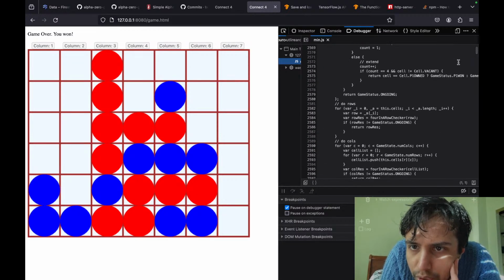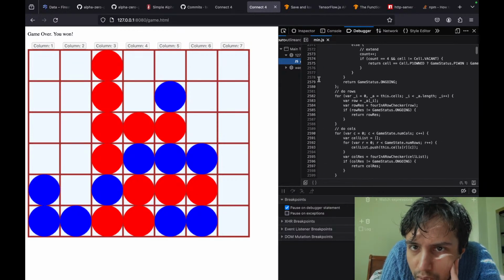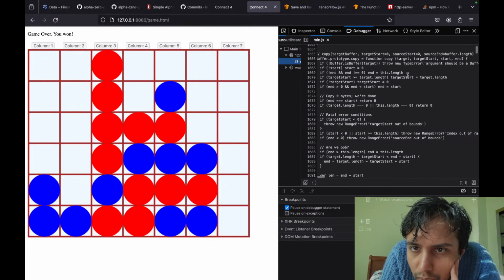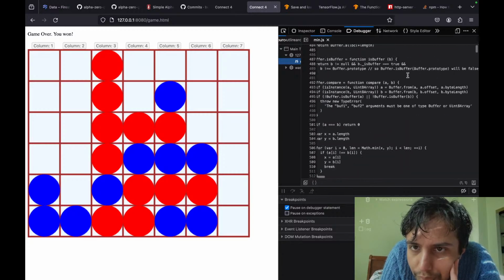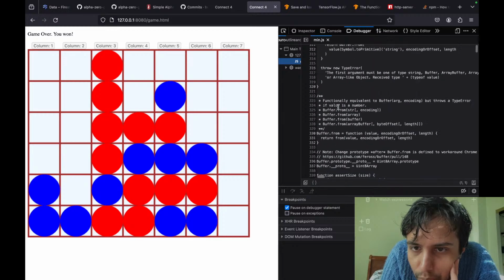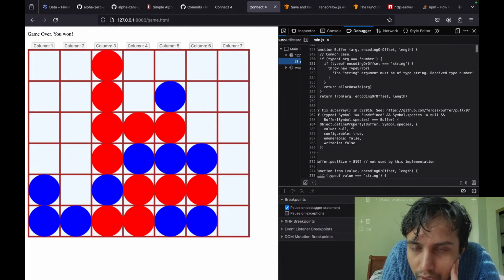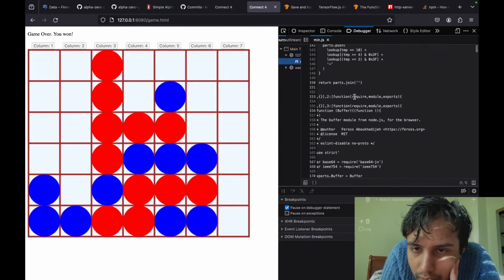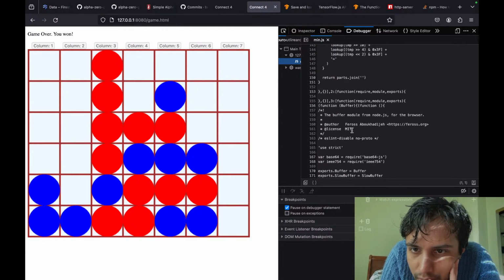Actually, let's just look at this. You see how this code has like 2,000 lines, a lot of lines, because of browserify. You see these lines right here, like buffer, alloc, malloc, calloc, all these C-sounding names.